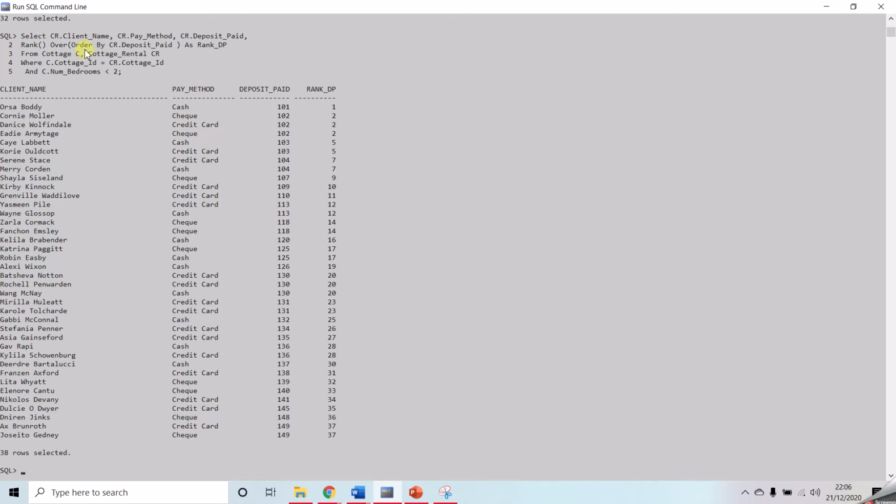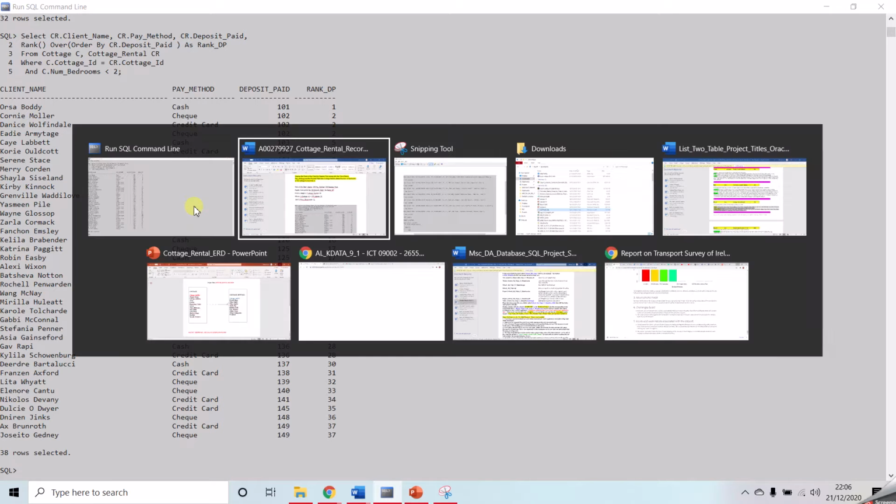As we can see here, this query basically functions for the rank. On the basis of the payment method, we have calculated the rank. According to the deposit paid in the payment methods, we have ranked the clients as per the deposit paid. So for deposit 101, the client rank is 1. As you can see, there are a number of matches, like we have two clients who have the number 20, and two clients who have number 23. So we can remove these using the dense rank query.